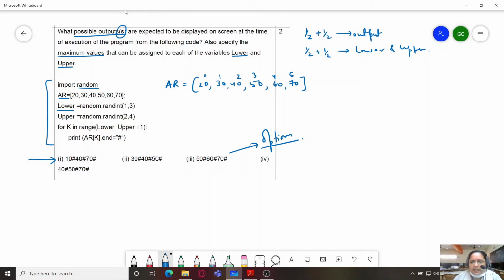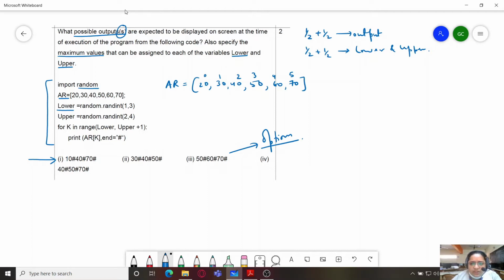We know that the randint function generates random numbers within the range which is given over here.